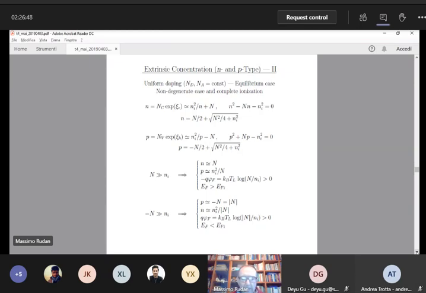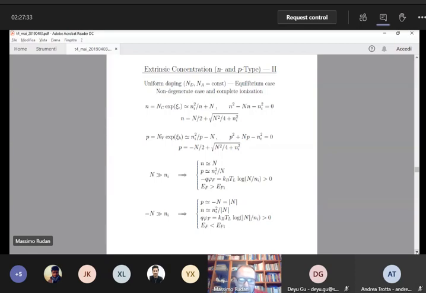The Fermi level will be above the intrinsic, and the Fermi potential will be negative. If instead the acceptor concentration of dopants prevails over the donors, then N is negative, minus N is positive, and if minus N is also much larger than Ni, we shall have that the concentration of the holes will be equal to the absolute value of capital N, and the holes will be the majority carriers,